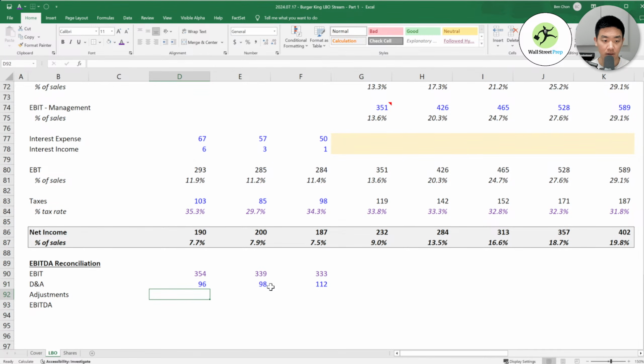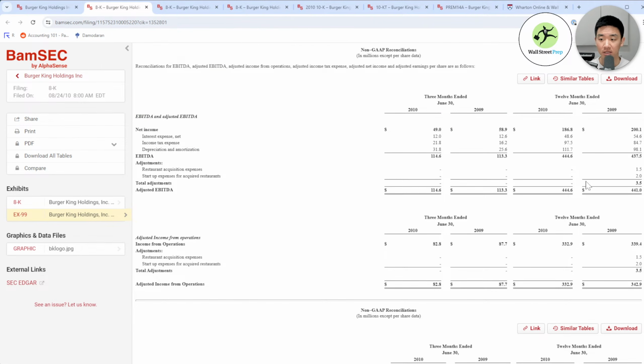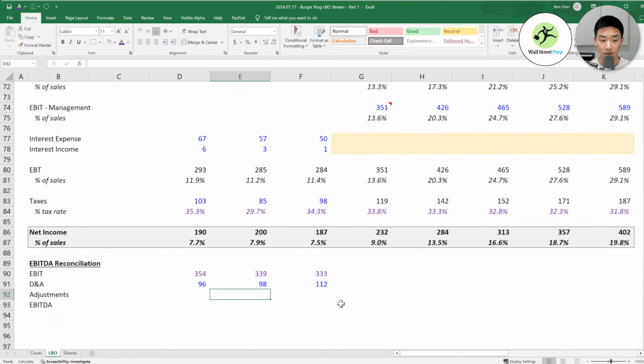So 20, okay, yeah, and then adjustments. This is what I'm just basically trying to show you guys. Usually there's a lot more, but for Burger King, for whatever reason, they only have these 2 adjustments. A lot of other companies will have stock-based comp and all this acquisition stuff, and it'll be a lot of numbers and it'll make your EBITDA a lot bigger, which is when it's kind of useful. But in this scenario, they're just adding 1.5 and 2. So in 2009, they're saying add 1.5 plus 2 back. For our other figures here, we're just going to have 0.